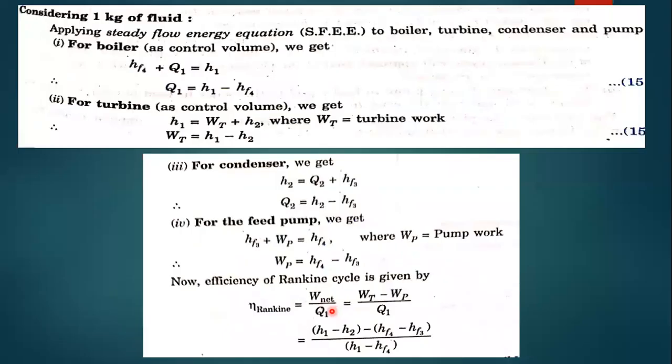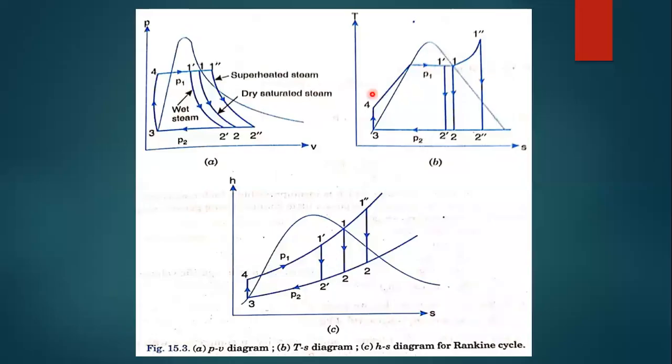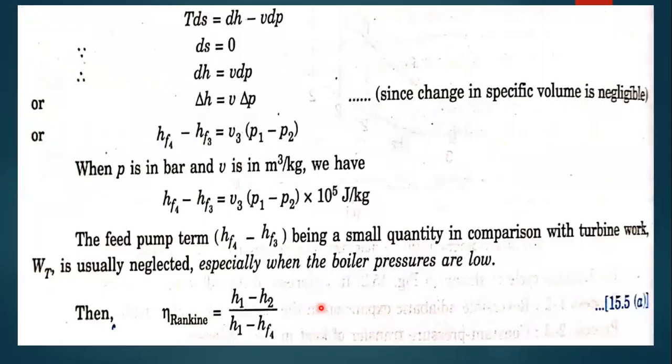At the same time, what is the change in pressure? How many pressures are we going to have? Only two pressures. One is boiler pressure and the other one is condenser pressure. So which one is higher? P1. So we need to take P2 from P1. So that means P1 minus P2 here. That's what we need to do.